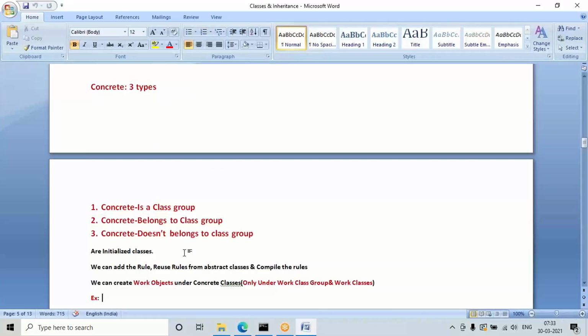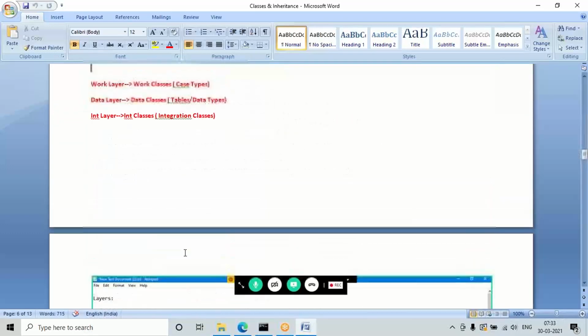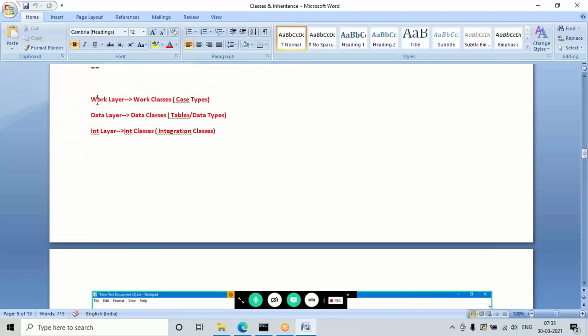And coming to the other types, what are they? Basically, during application creation only the work layer, data layer and integration layer will be created. But in the future, we'll be creating some subclasses under the work layer, and if we create tables we'll be creating subclasses, and when working on integrations we'll be creating subclasses. We will create these step by step in the coming scenarios.